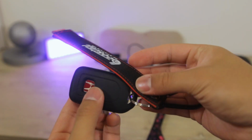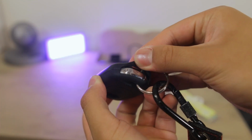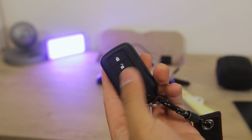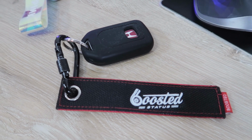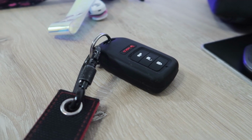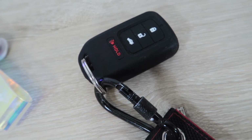I have my car key fob, just like me, that has a cheap silicone cover on it from Wish. The bad thing is that it took over a month to get to me, but it's so worth the wait. The quality is pretty good, and there's this cutout for the logo on the back to let everyone know that I drive a Honda Civic. The most important thing is that it protects the key fob from drops. I've dropped my keys many times without a problem, and I don't have to worry about scuffing up the key